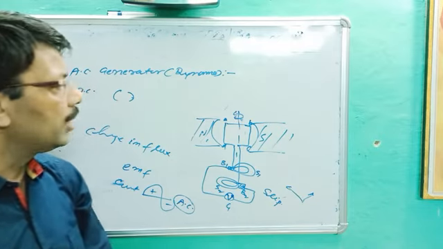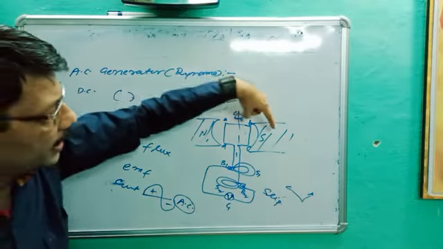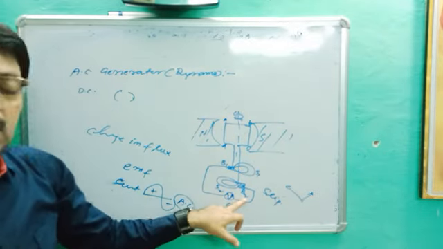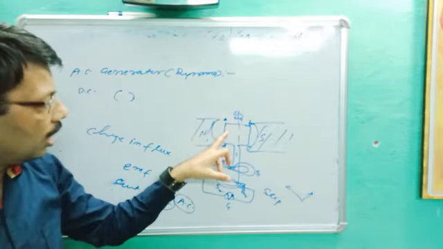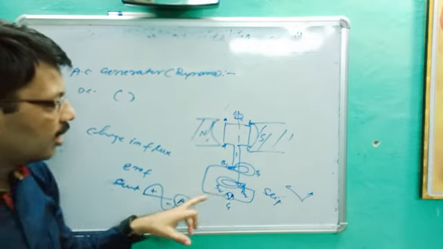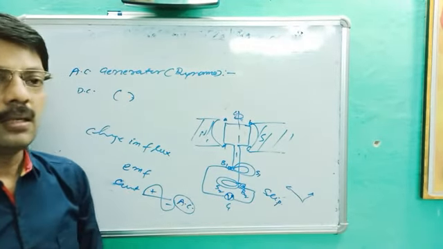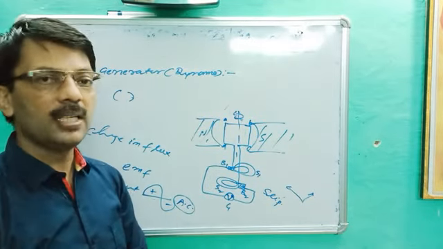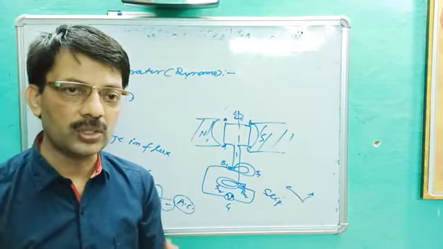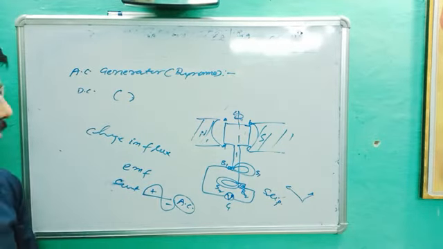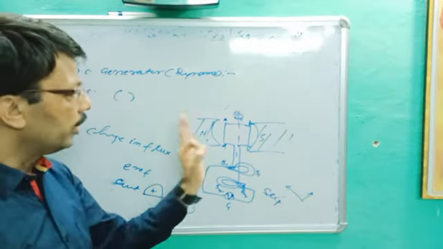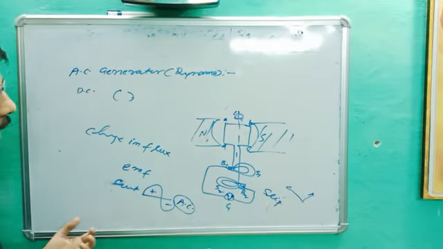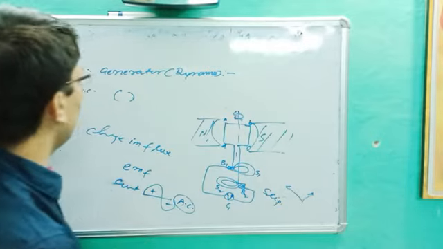Are you getting? So how many parts are there? Field magnet, north and south. ABCD is the armature. B1, B2 are brushes made of carbon, which connect the armature with what? Galvanometer. And last, slip rings made of copper, rotate with the armature but do not change their position. And that is the basic difference between AC and DC generator.